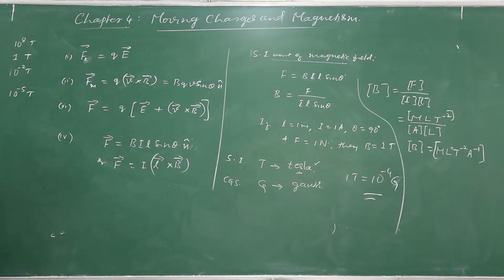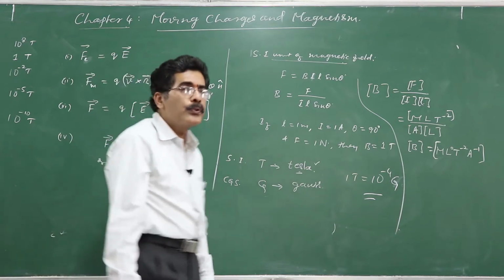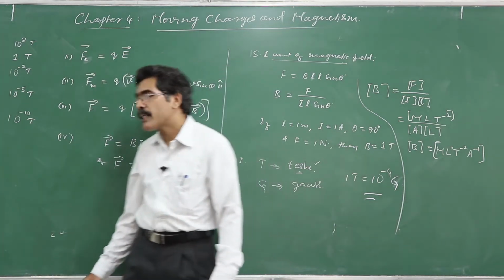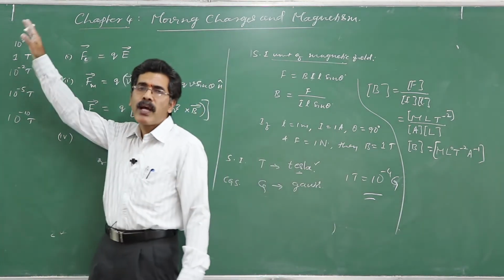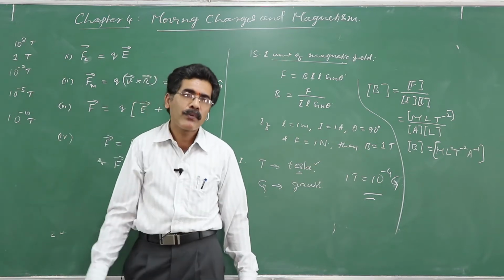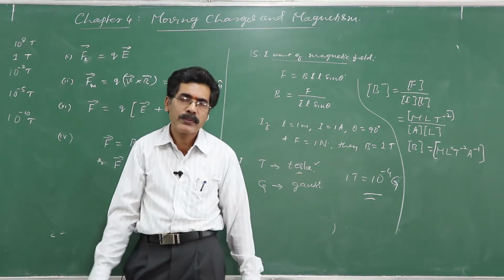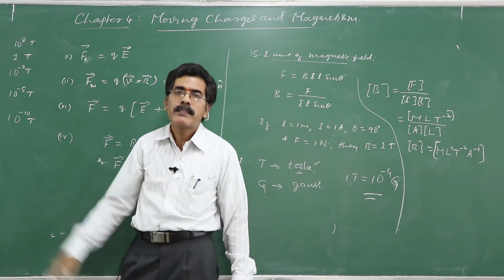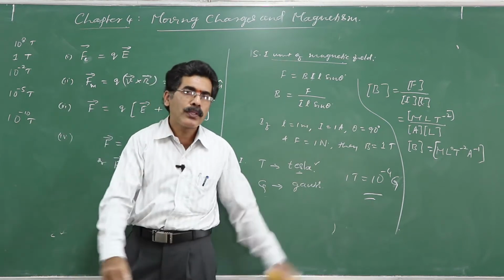See, the magnetic field due to current flowing in a nerve fiber is of the order 10 raised to minus 8 to minus 10 Tesla, like that. Therefore Tesla is a huge unit, and we can specify the approximate values of magnetic fields that we have come across in terms of Tesla like this, or in terms of Gauss.